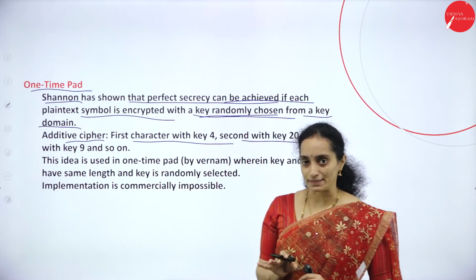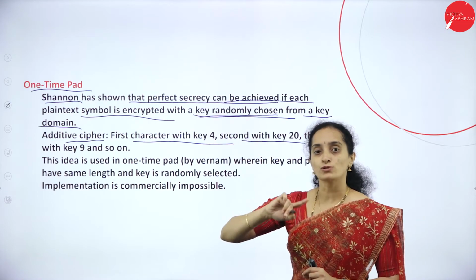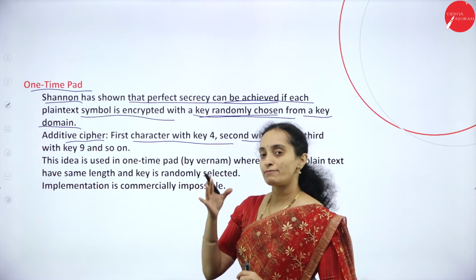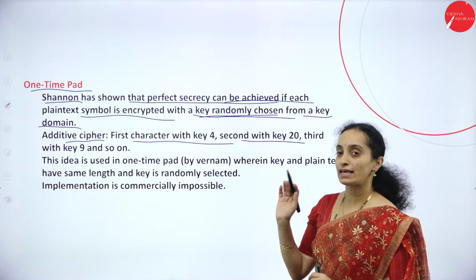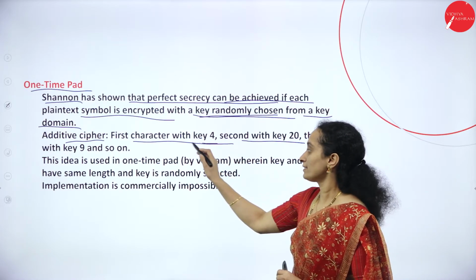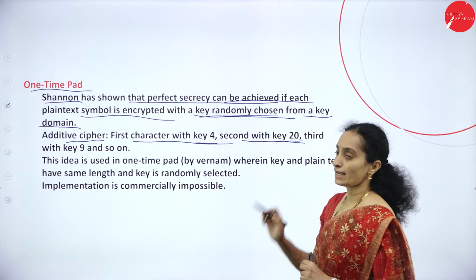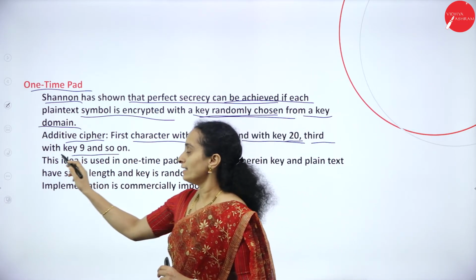Okay, the method will be the same, additive cipher, but the key value chosen will be random. Each character will be encrypted with different key values. You'll have a set of keys where the first character will be encrypted with key 4, the second character with key 20, the third with key 9, and so on.